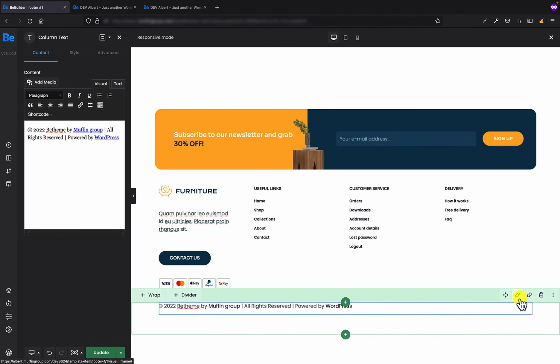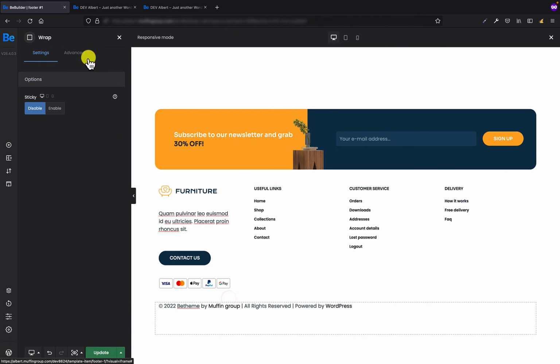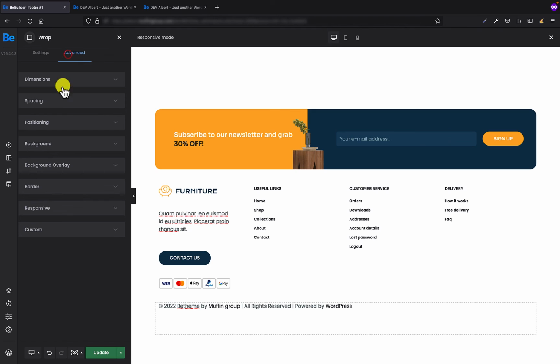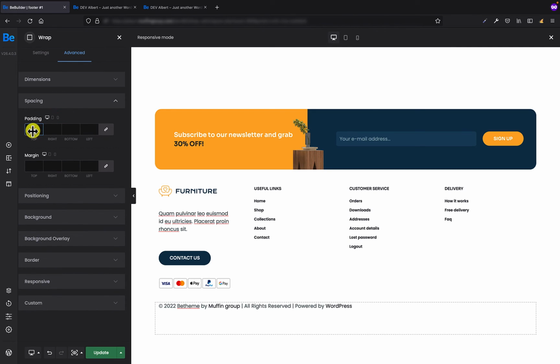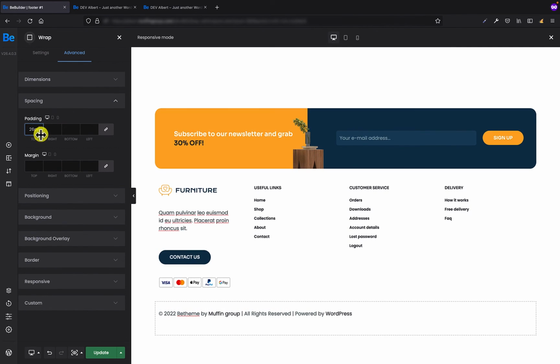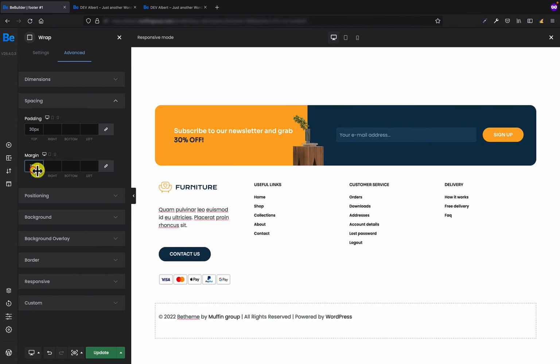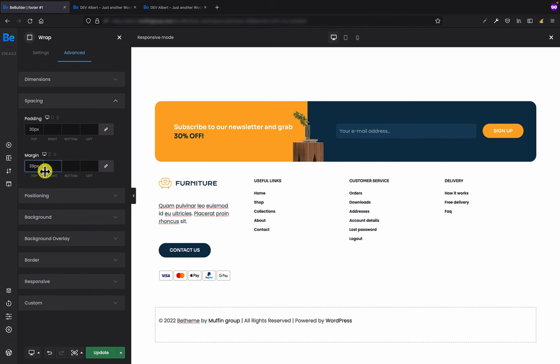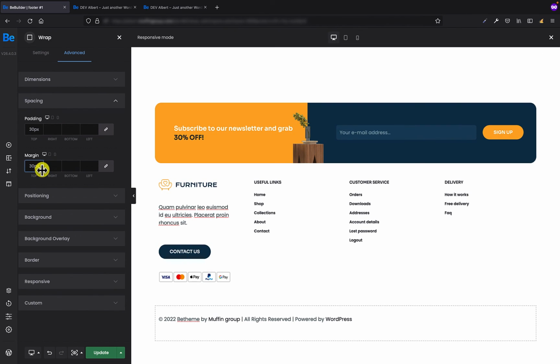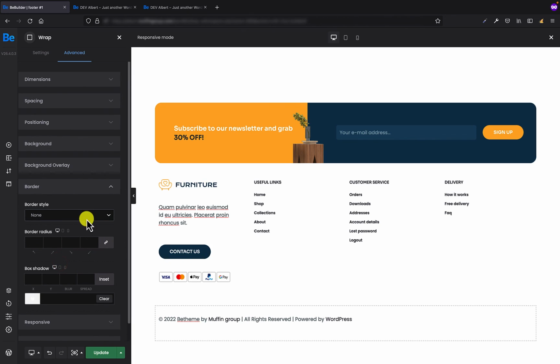Let's say I want to separate this copyright from the content I've added already above. So what I need to do is go to the settings of the wrap where the copyright is, and in the spacing I will maybe add 30 pixels of the top padding and maybe some margin, let's say 30 pixels as well. Looks better now. And the other thing we have to do is set the border